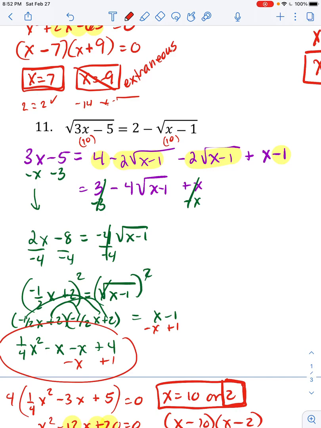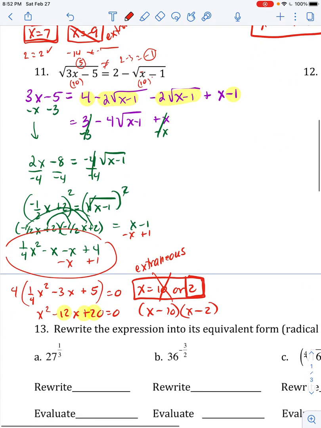So 3 times 10, I'm just going to go on my calculator. 3 times 10 minus 5 gives me square root of 25, so 5. Over on the right, 10 minus 1 is 9. Square root of 9 is 3. 2 minus 3 is negative 1. Okay, this side was 5. This side is negative 1. They are not equal, so 10 is extraneous. Meaning, you got it legitimately doing the work properly, but it doesn't work in the equation, so